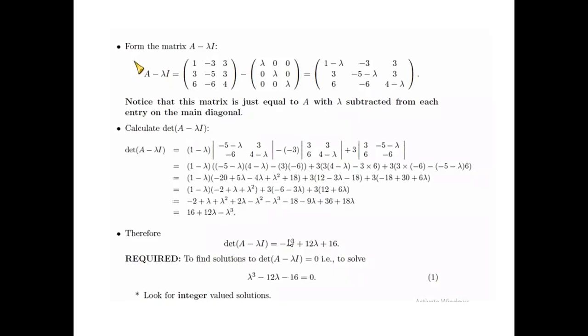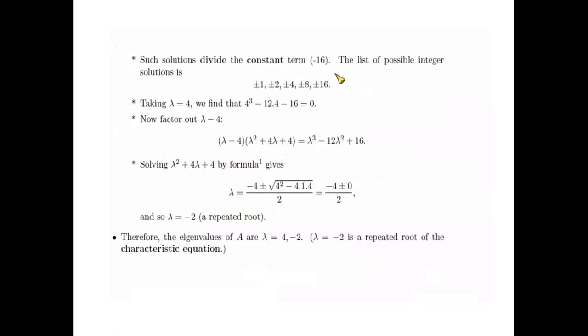So if we do that, we can take the negative sign outside, so you have lambda cube minus 12 lambda minus 16 equal to 0. Right? And then you solve this power of 3 equation to find various values of lambda. That's also shown on this slide. I'm not going to do that because that's basic elementary mathematics, how to find cubic solutions. Right? And so the values of lambda turn out to be minus 2, okay, and 4.